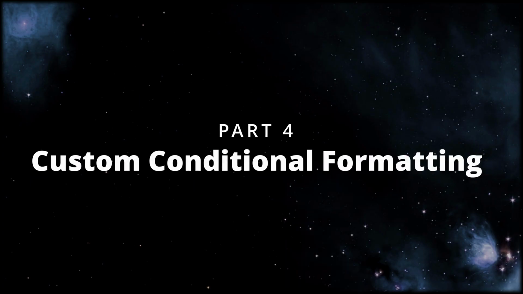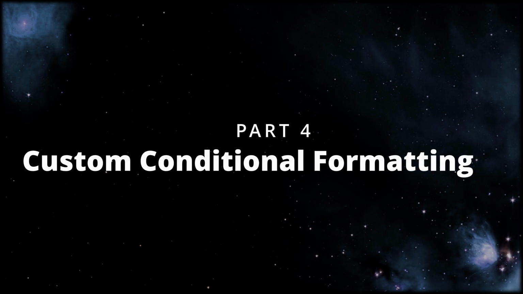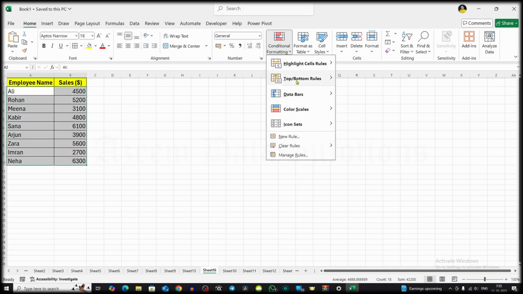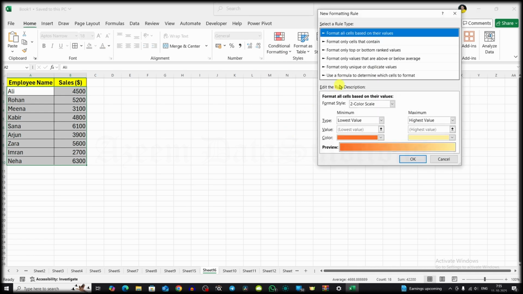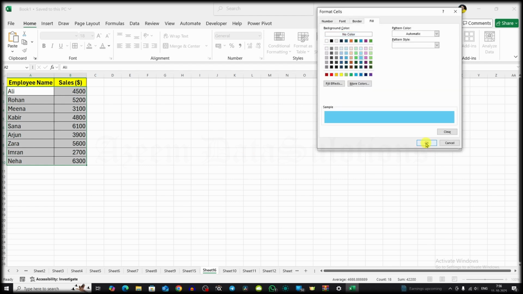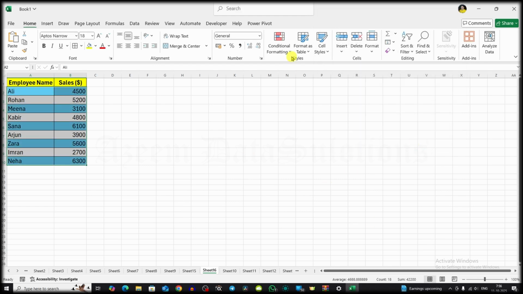Part 4. Custom conditional formatting. Now here's where it gets really interesting. You can create your own rules using formulas. Example. Use a formula like =MOD(ROW(),2)=0 to highlight every alternate row automatically.